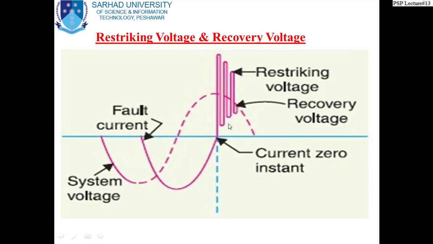Again, you see the fault current, and this is your half cycle. At this particular point the arc is to be extinguished and the current will come to zero. But at the same time, the voltage spikes will appear because we have oscillation, and the current is in the oscillation state. The voltage rises to a very high value for a very short time, and then the oscillation dies out and the voltage appears across the contact gap as the system voltage.